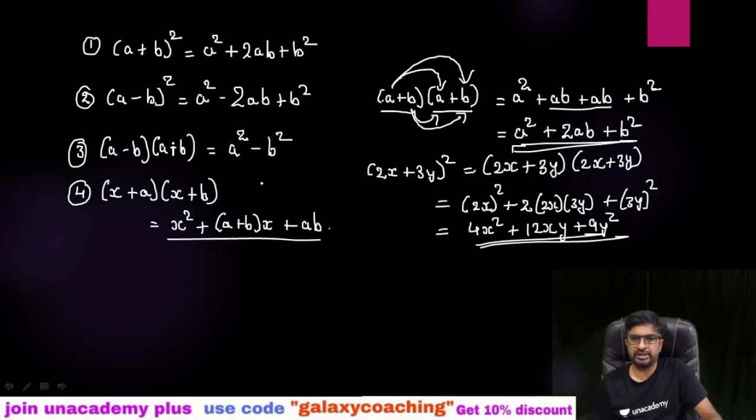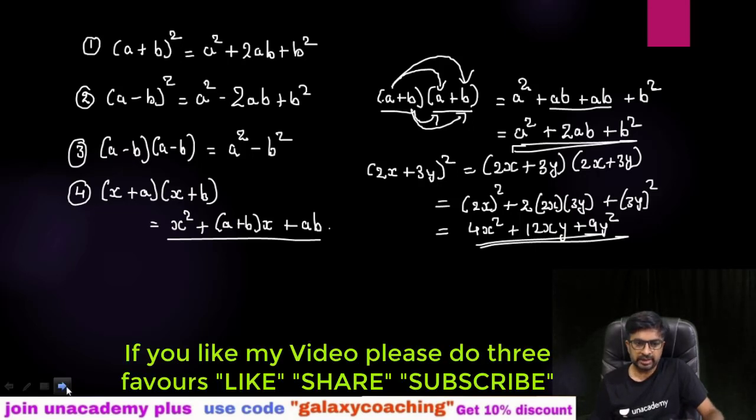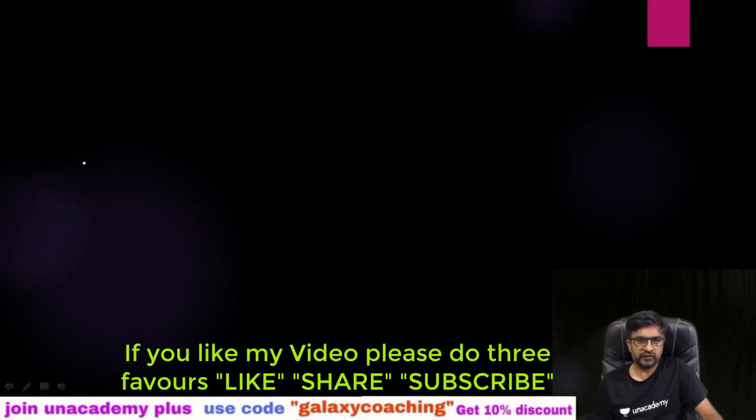You don't have to multiply like this, multiplying a binomial. Directly you are getting this answer. So when questions come, you just need to put the values inside this and you will get the answer. I think these 4 identities are in class 8, but this is very useful for class 9th and 10th also, guys.